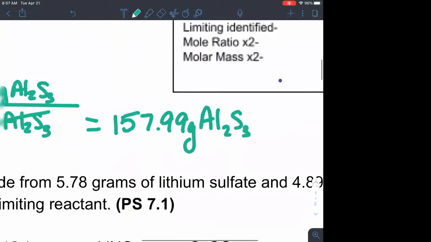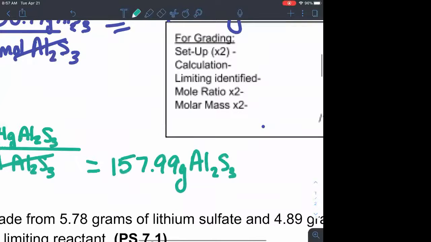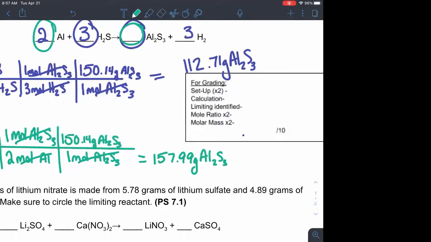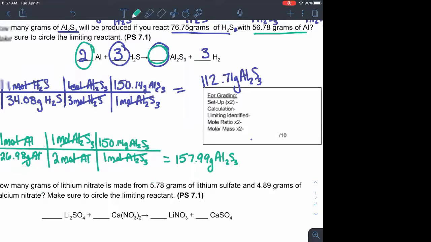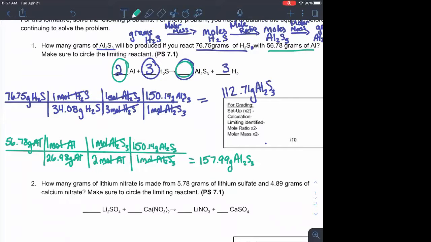Now, we got 2 different answers. Now we have to determine what our actual answer is going to be. So if we look at our problem, it says that we're trying to figure out how many grams we're going to produce. Now, if I just told you about the H2S, we would know we made 112.17 grams, and then if we ignored all the aluminum, just knew that aluminum existed. Now, if we do the opposite, if we ignore all the H2S and we just look at our aluminum, we know we would make